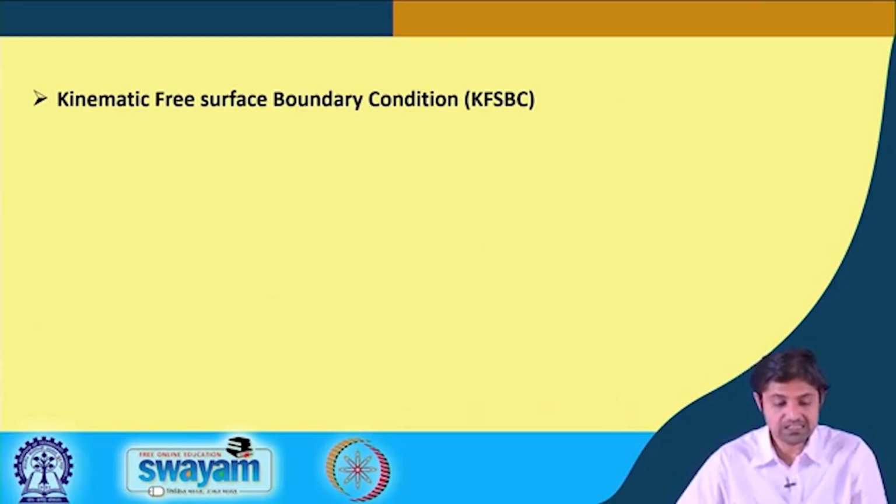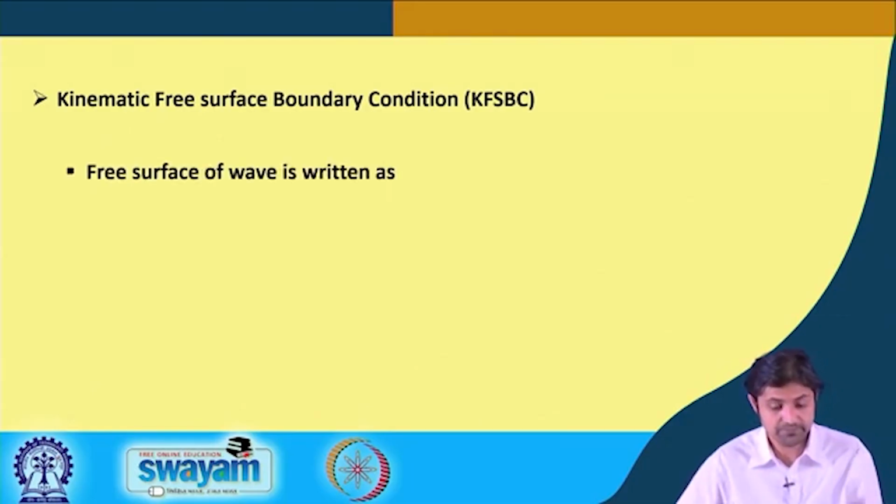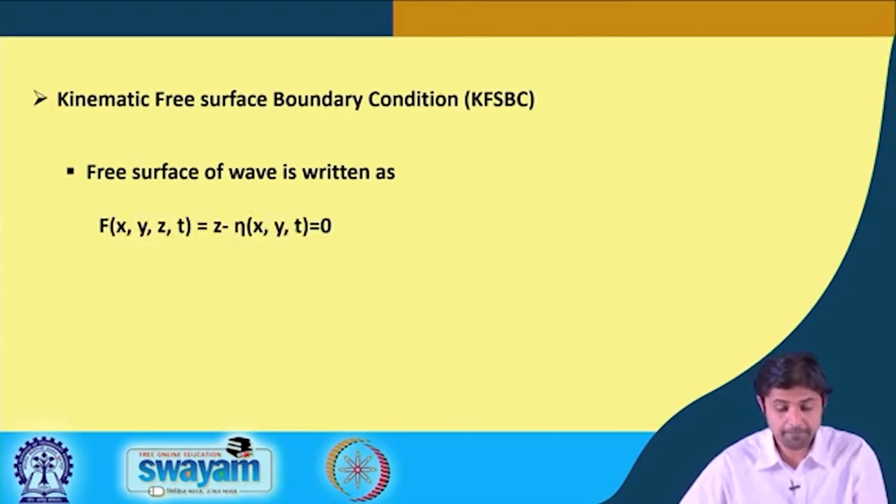So another term is kinematic free surface. First we studied the boundary condition, we studied kinematic boundary condition in detail. The first sub part of that was the bottom boundary condition, where the boundary was fixed, where we utilize u dot n is equal to 0. Now there is something called kinematic free surface boundary condition. Free surface of water is written as,